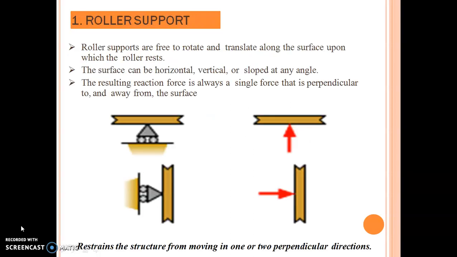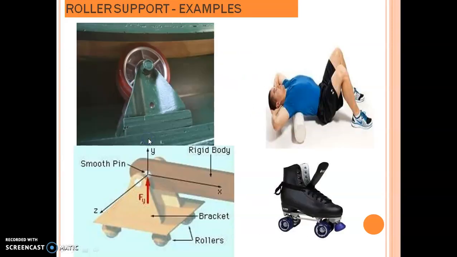Now we will discuss these different types of supports. What is a roller support? Roller supports are free to rotate and translate along the surface upon which the roller rests. So you can identify from this figure that this central triangle and these two circles represent your support. It is an intermediate element between your structural member and the ground or the surface. Now your surface is perfectly horizontal. Over this surface the support is provided